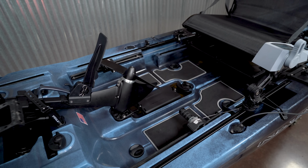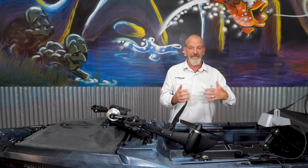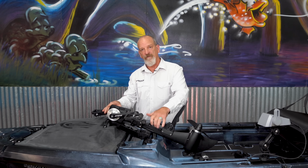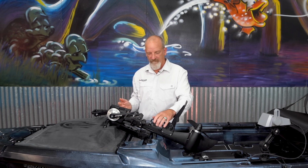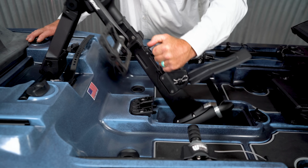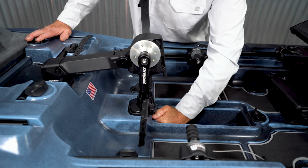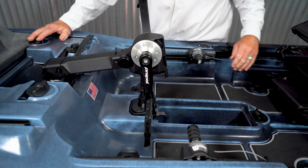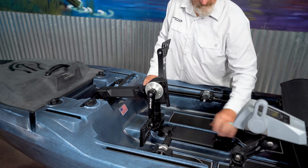So you've got more room to manage fish or lures, or standing feels more comfortable, all of that because the pedal drive has folded up out of the way. So that's just the beginning. We've also changed how this thing integrates with the boat. When I drop it down to go in, it actually snaps into place, which is super cool. So when you snap the drive into place, then all you have to do is drop this cover in, boom,